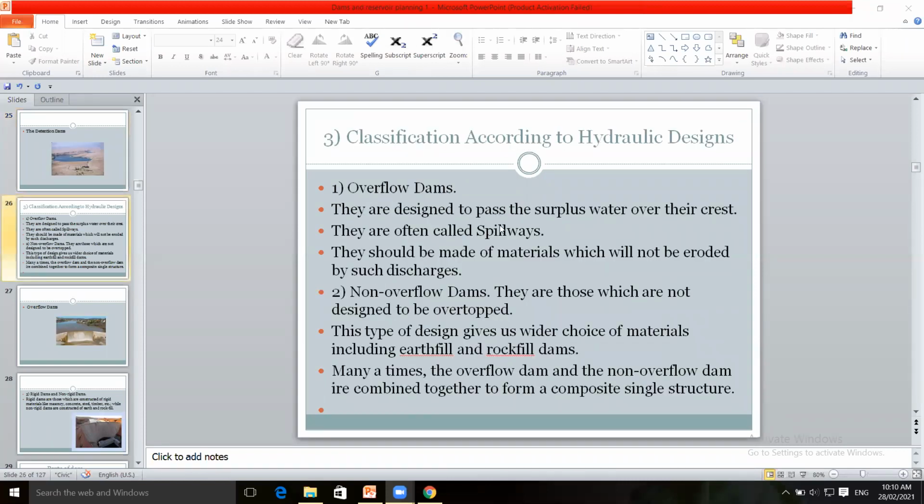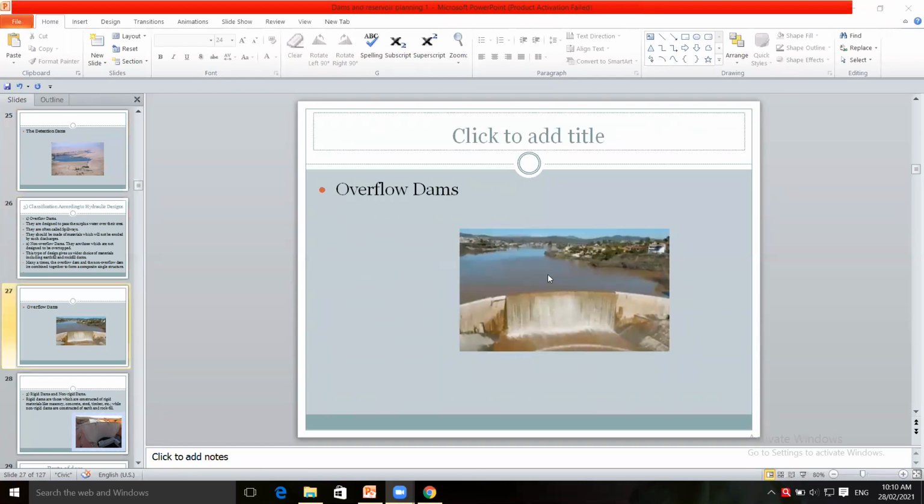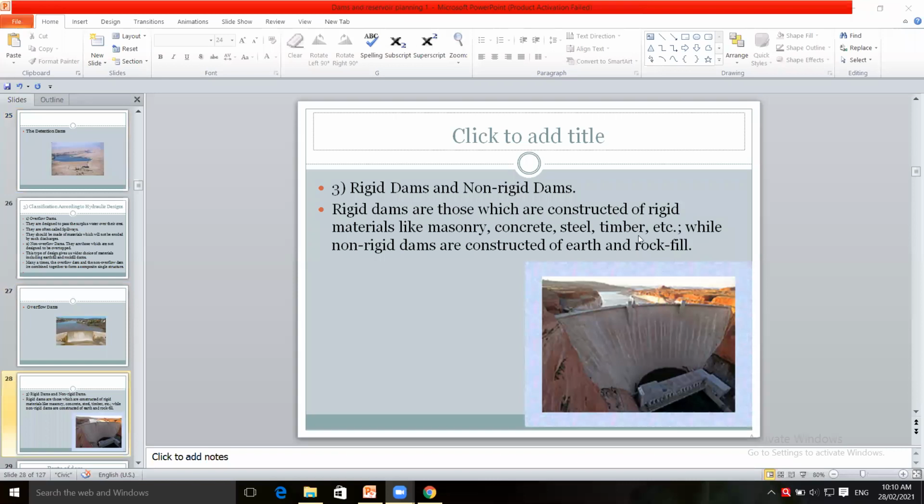This is a classification based on its use, its purpose, and classification based on hydraulic design. They are classified as overflow dams and non-overflow dams. This is the overflow dams. This is the image of overflow dams. Then rigid dams and non-rigid dams.